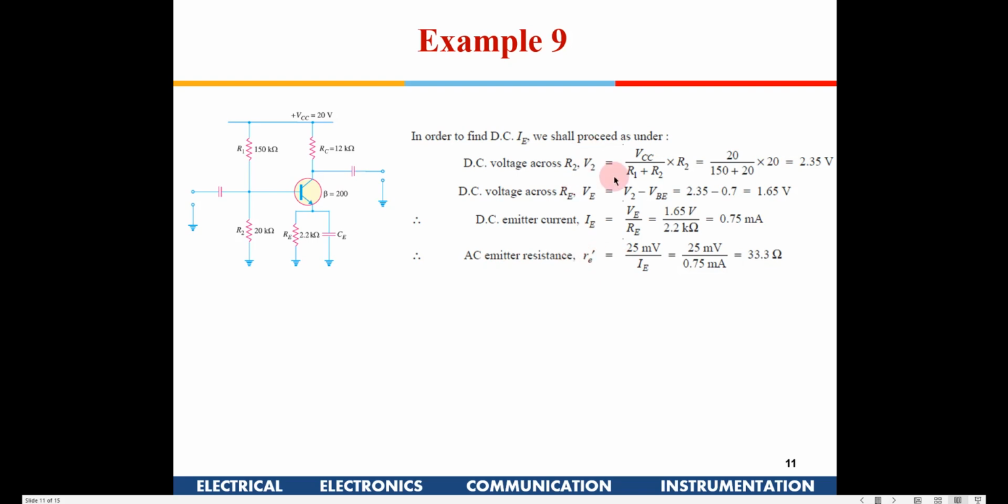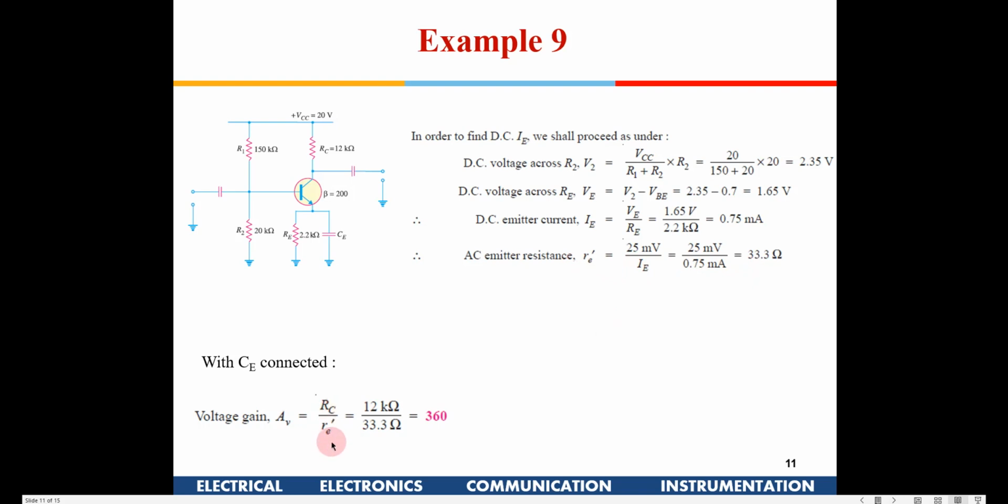Small RE, like we did in the previous case. Once we find out RE, it comes to 33.3 ohm. First find out what is the voltage here, 0.7 volt here, and then we compute that. Then with CE connected, that is with this connected, it is going to bypass this RE now. So the voltage gain is RC divided by RE dash. RE is nothing but, again we said the two forms, beta RC divided by R pi, and RE is the same as R pi divided by beta.